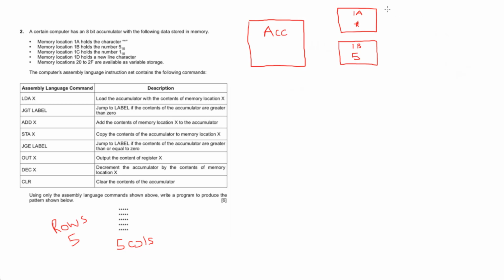What else have I got? 1C, and that contains the number 1. Now that's 5 at base 10, and that's 1 at base 10. And then I've got 1D, which is a new line character, so how will I denote that? 1D, I'll just put new line in there. And I've got